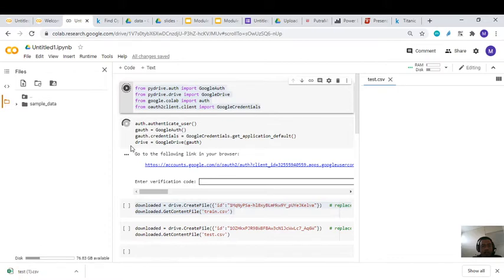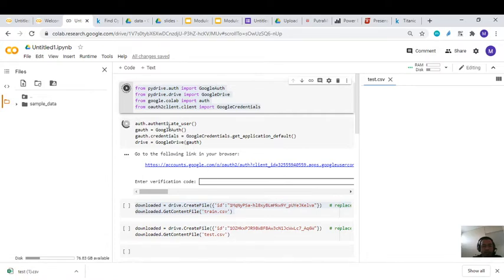After you run this code, you will go to the second code. This is how we can do it from the Google Drive. We would like to import from the Google Drive to here.